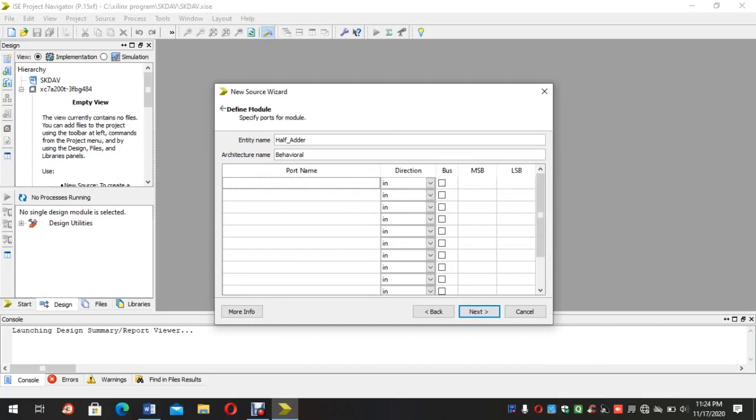So first give the inputs X and Y, then give the names of the outputs, that is sum and carry. As we know, the sum and carry are outputs, so change this to out.